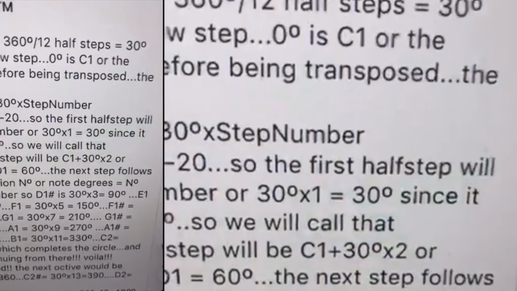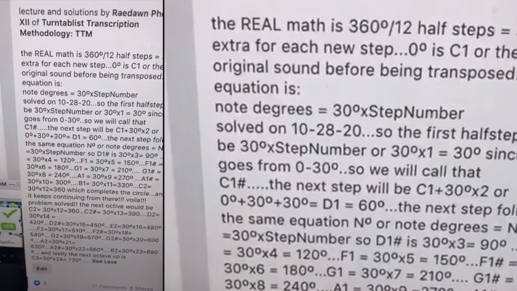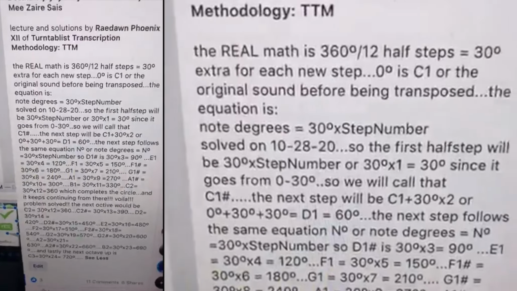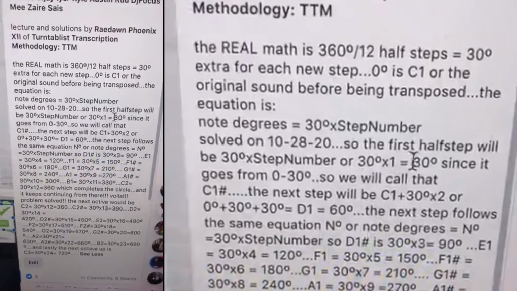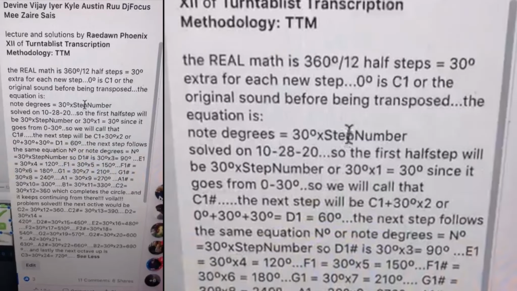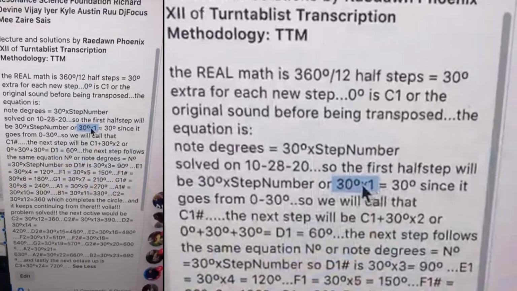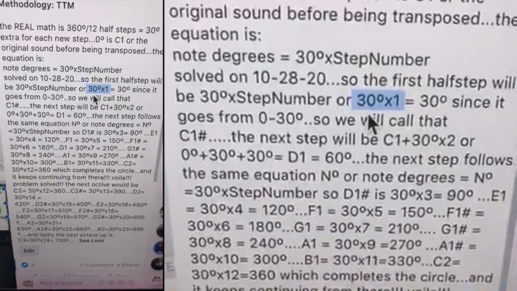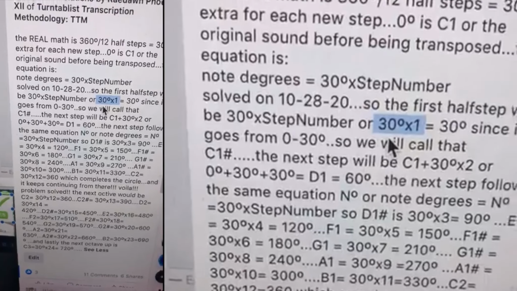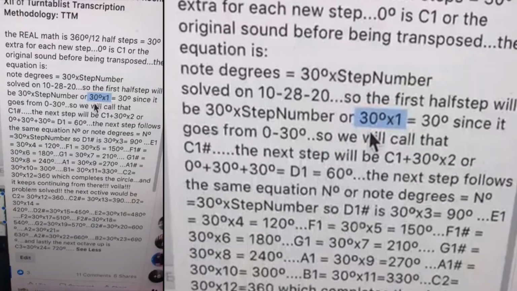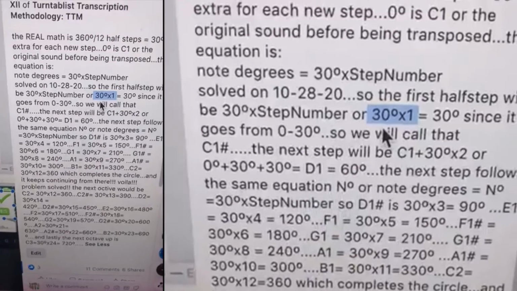All right. Now the next one. So it's 30 degrees times the step number. Now we're about right here. I'm just going to read this whole thing and then I'm going to do it. I'm not going to go back and forth. So the first half step will be 30 degrees times the step number, which equals 30 degrees times 1, which equals 30 degrees, since it goes from 0 to 30. So we will call that C1 sharp. The next will be C1 plus 30 degrees times 2, or 0 plus 30 plus 30